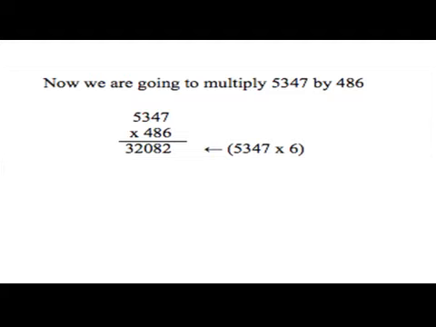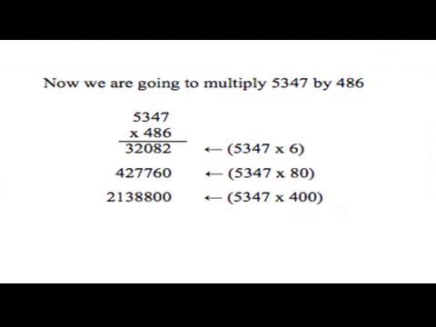5347 by 6, you will get one value. Then if you multiply 5347 by 80, we will get the answer as 4,27,760. Then if you multiply 5347 by 400, you will get the answer as 2138800, and if you multiply